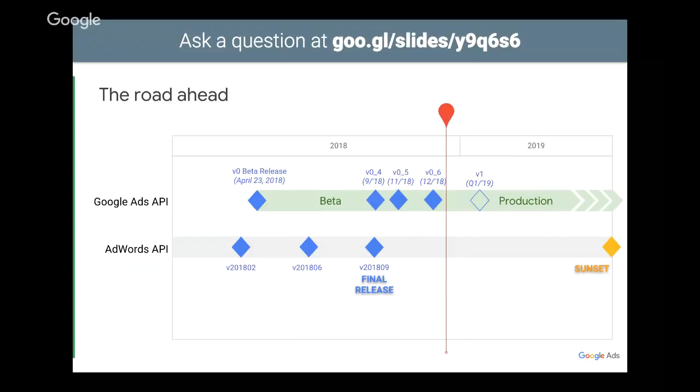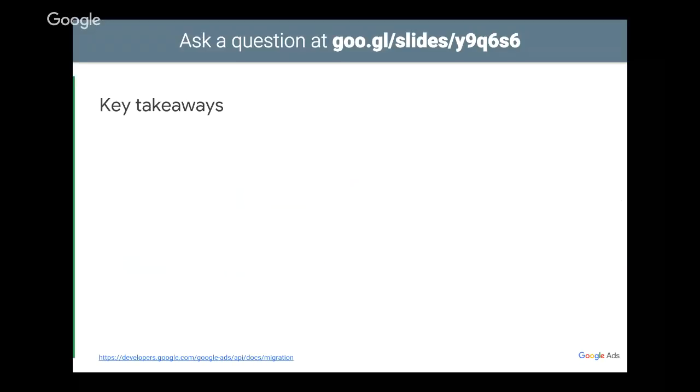It will be plus 1 year from now, specifically plus 1 year from when the Google Ads API goes into production mode in Q1 of 2019. So that will give you most of 2019 to have both APIs online side by side in a production environment to effect a migration. And we will get into exactly what that entails a little bit later on in the webinar. But the key takeaways here, and the important things to take away from this roadmap, are one,